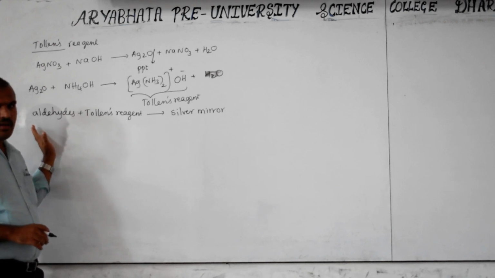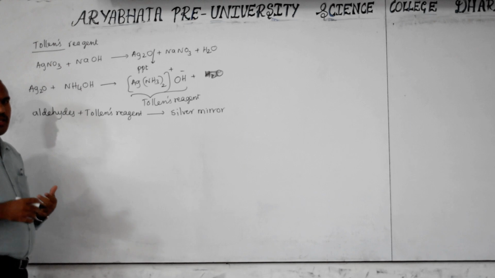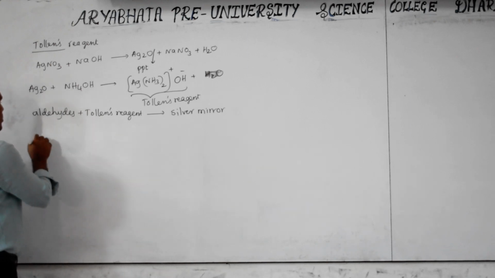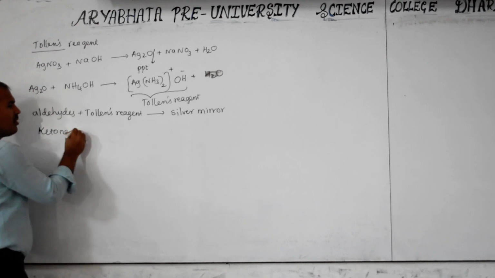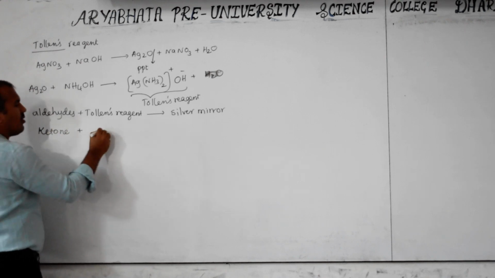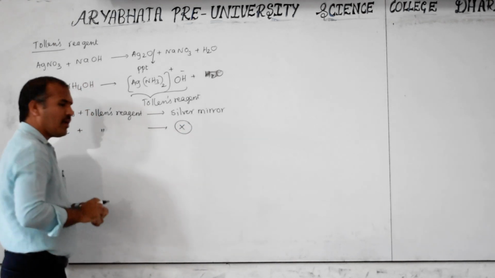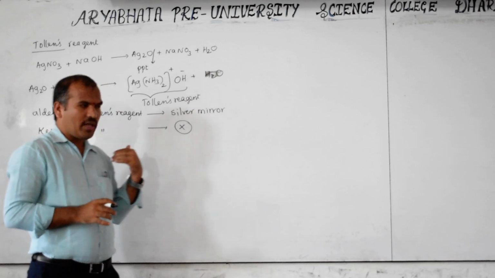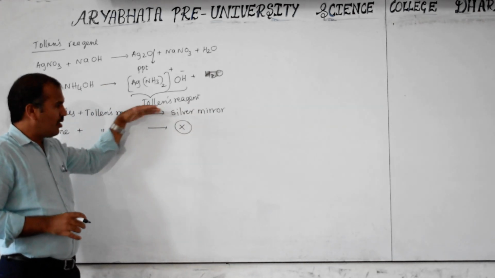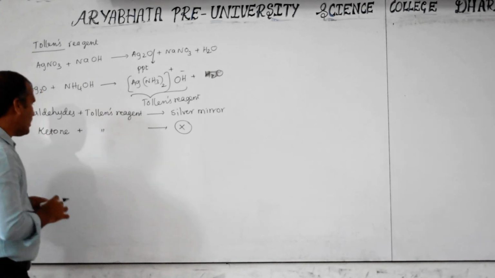But keep in mind, the aldehyde is less stable compared with the ketone. Already this reactivity part was covered in the initial stage. If you take the ketone, that is somewhat more stable than the aldehyde. If you take Tollens reagent, it does not give the silver mirror. The one which gives the silver mirror is the positive test; the one which does not is the negative test, meaning it is not oxidized.